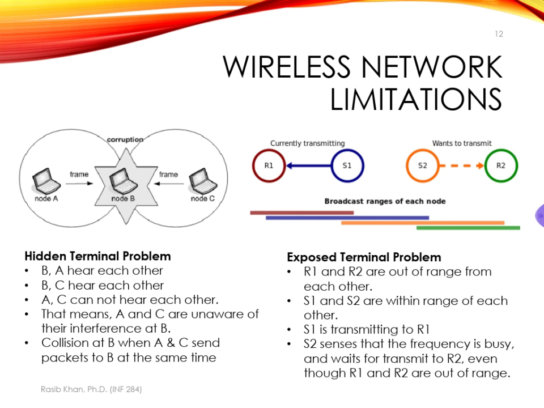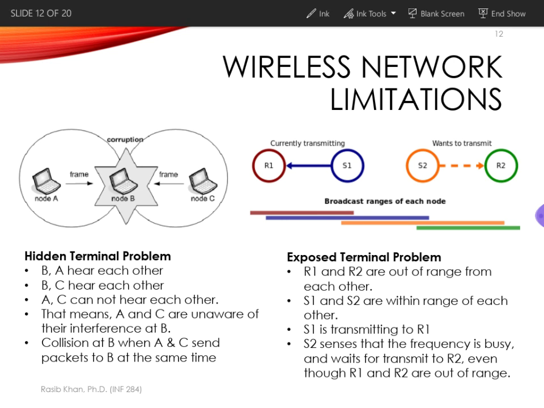So far, what we saw were the limitations, particularly for the type of connection, that is, the wireless radio connections that we see for wireless links. Now, the way that we set up networks might also have certain limitations. So if you consider the wireless network limitations, the first thing that we would like to emphasize on is